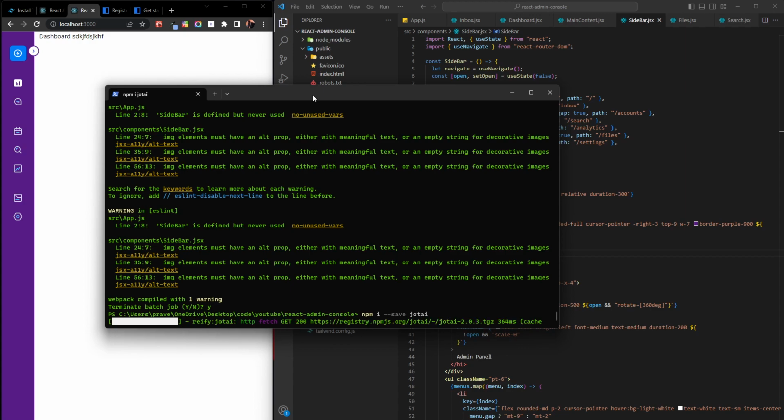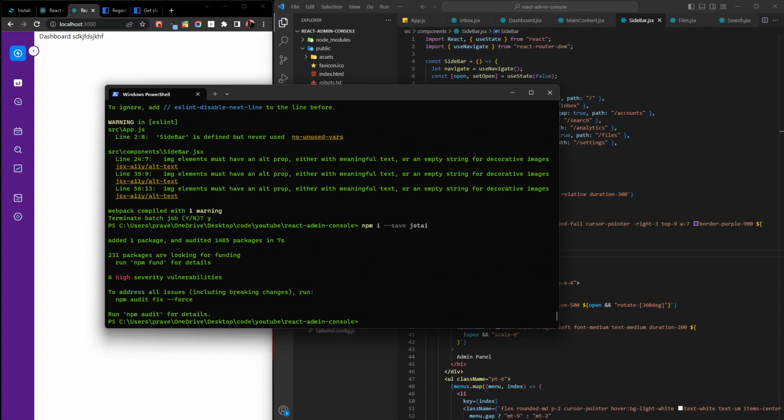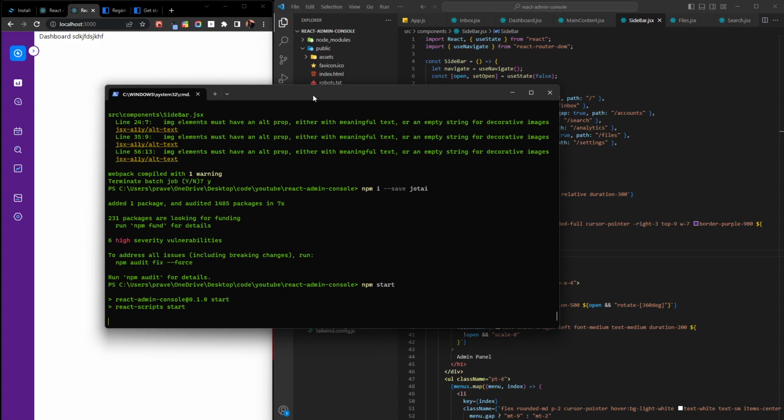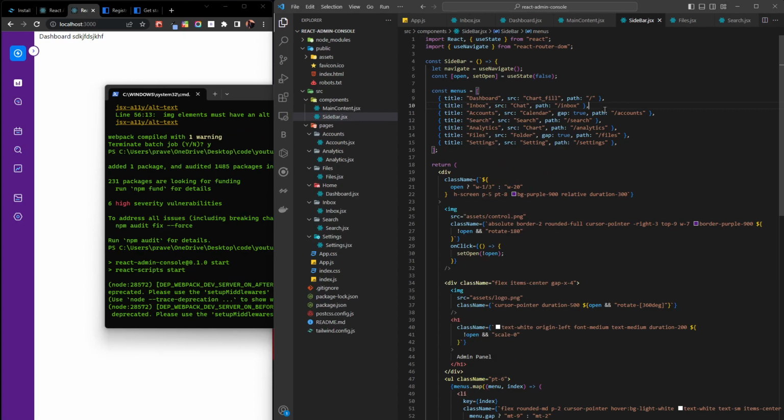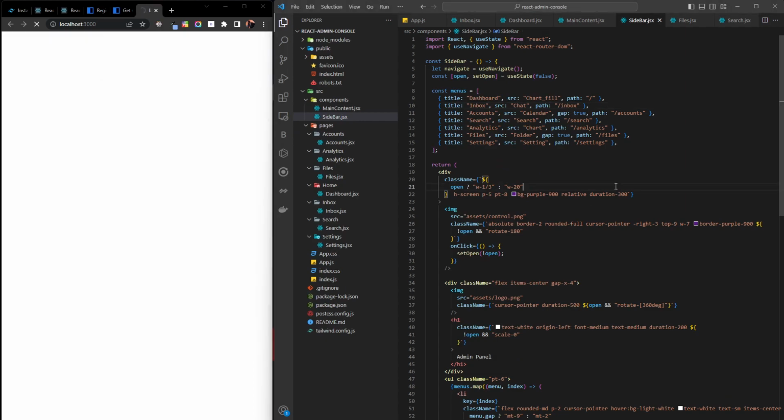Yes, it's literally one of the cleanest global state managers that I was able to find. So now it is installed. We'll say npm start and start the application. Let the application start